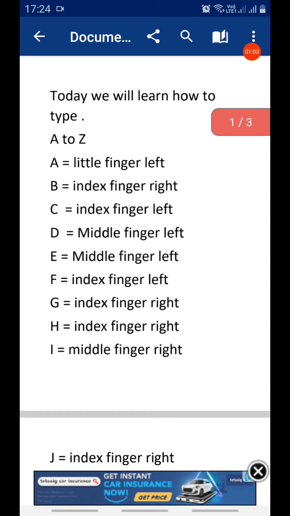You can see B with the index finger right, C with the index finger left, D with the middle finger left, E with the middle finger left, F with the index finger left, G with the index finger left, H with the index finger right, and I with the middle finger right.